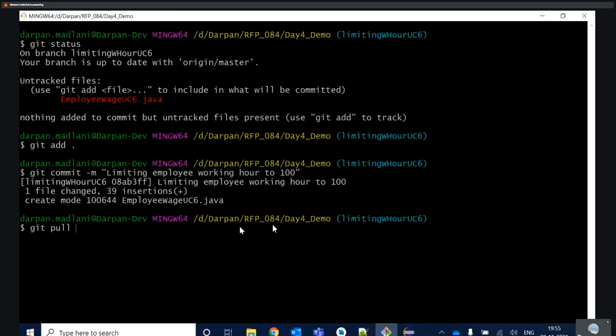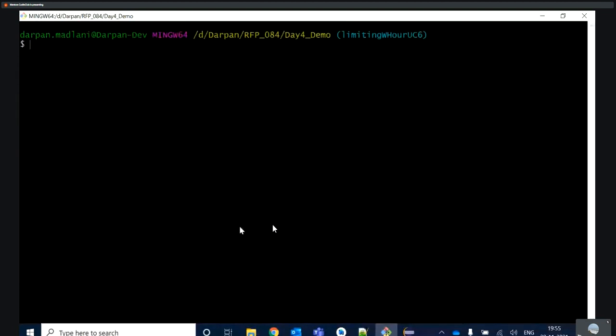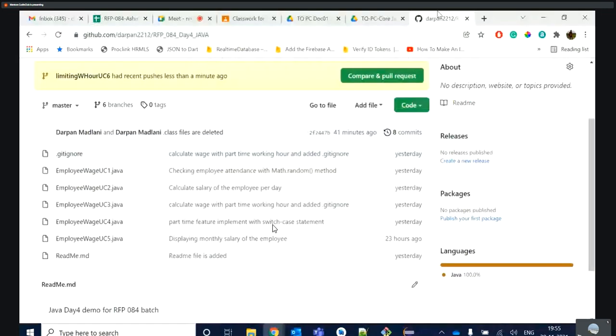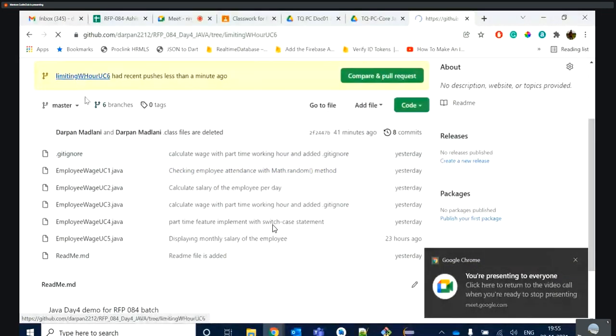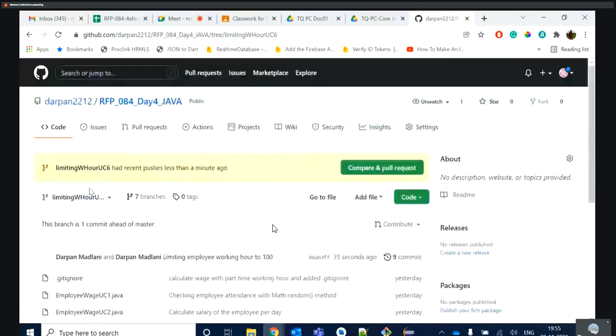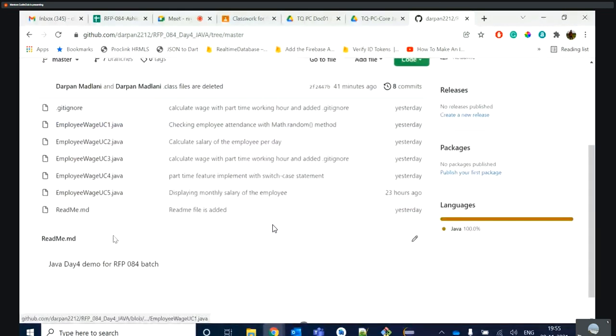After that git push origin limiting working hour UC6, which is our branch. Successful. Let me clear the screen. A new branch is created and here I'm getting UC6, use case 6, but that use case 6 is not implemented into your master branch.